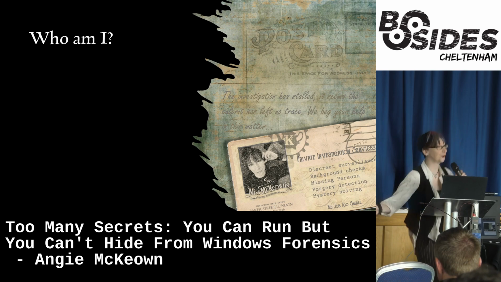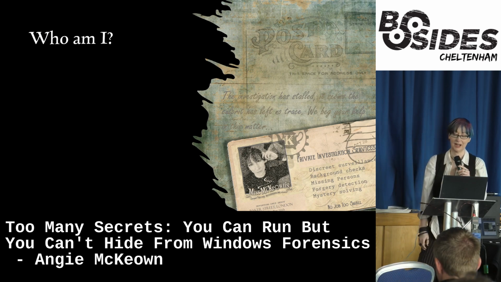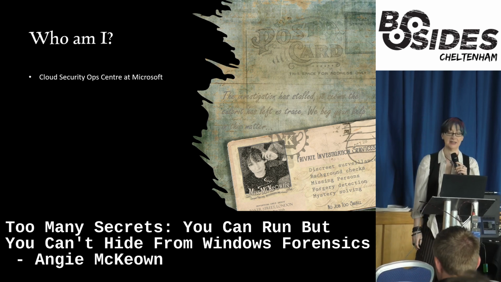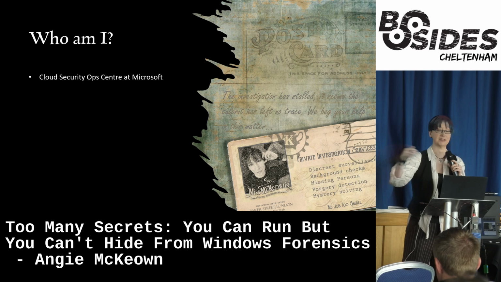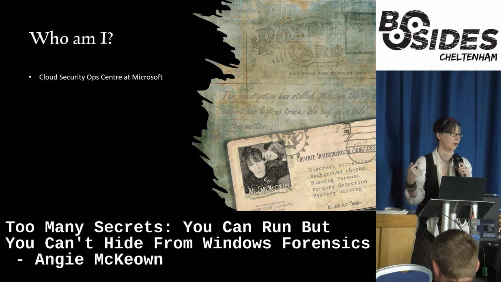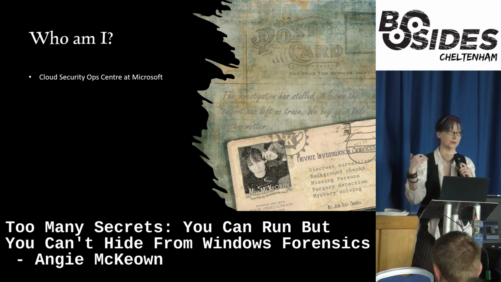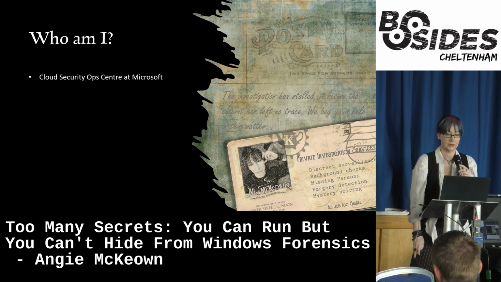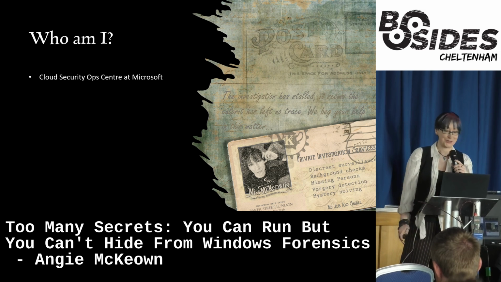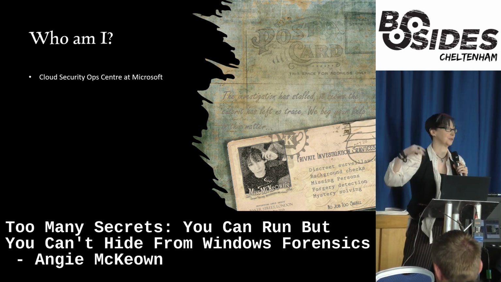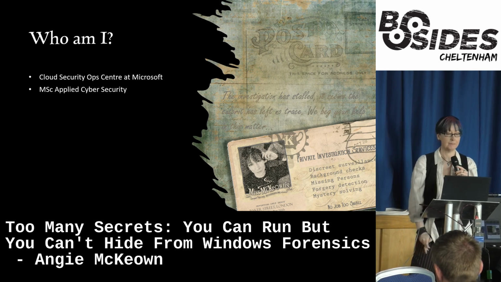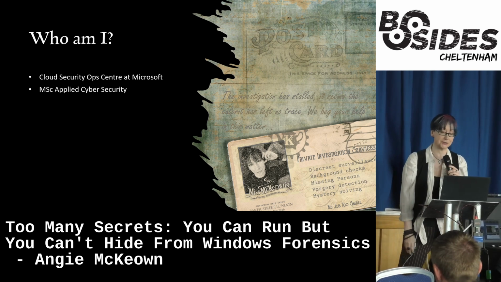First of all, I've got to talk about me. I now work in the Microsoft Cloud SOC. So that is a group of teams that receive alerts or reports of suspicious or damaging behavior on Azure or the other clouds, and investigate those and respond to them. I've only been in this role 3 months, though. Previously, I still worked for Microsoft, but it was in product security, so it was all Defenders and Sentinel and things. I have a master's in applied cybersecurity, which I did in 2018 in Queen's in Belfast.